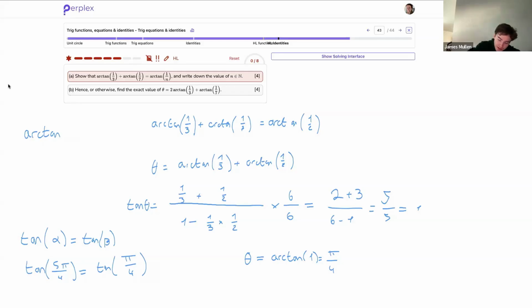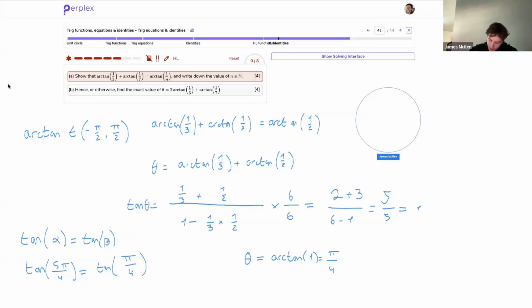And remember we said that arctan was going to be in the range negative pi over 2 up to pi over 2. So long as the angles that are inside of the tans are inside of this range, then I know that arctan is going to give me back exactly that angle. Otherwise, it's going to give me an angle that's equivalent, that has the same value of tan, but isn't actually the same angle. And I know that the angle theta is in that range because just by thinking about the unit circle,